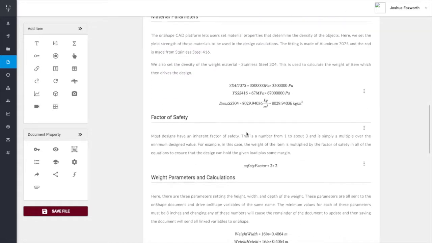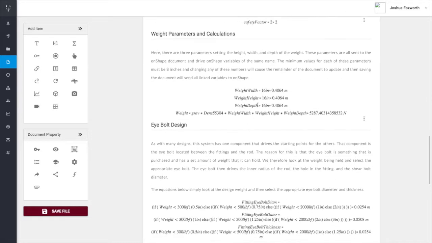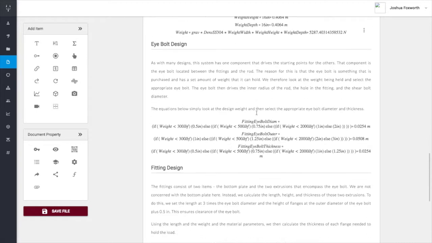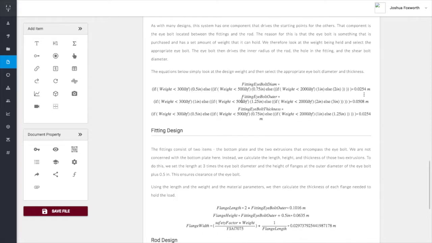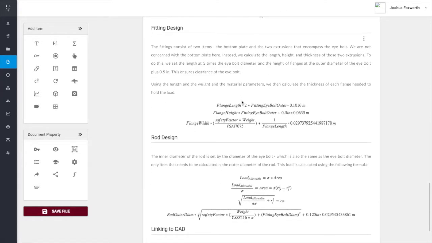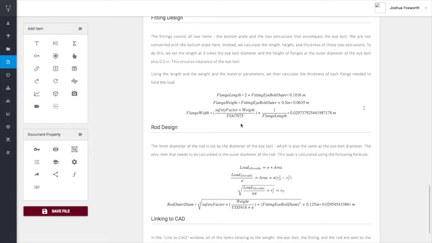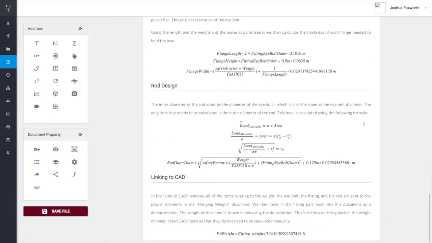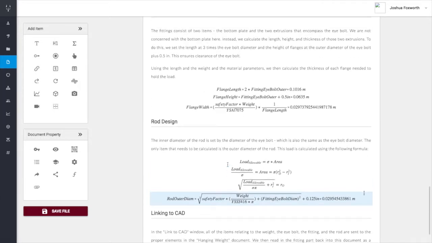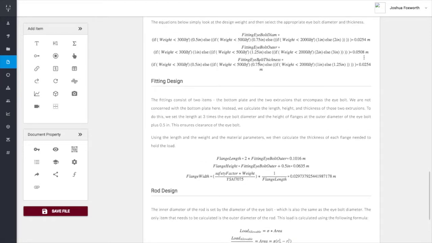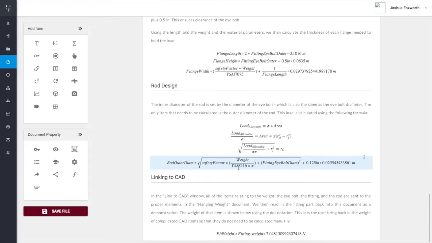Then we set a factor of safety, and we just set as hard variables the width, the height, and the depth of the red block. Then we calculate the diameter of the eye bolt based upon that weight, and we calculate a few items for the fitting based upon that eye bolt. And then, based upon the eye bolt as the inner diameter of that strut, we calculate the outer diameter of the strut. So now that we have these simple calculations, let's show how we link them to the Onshape CAD model. We open the Link to CAD window,